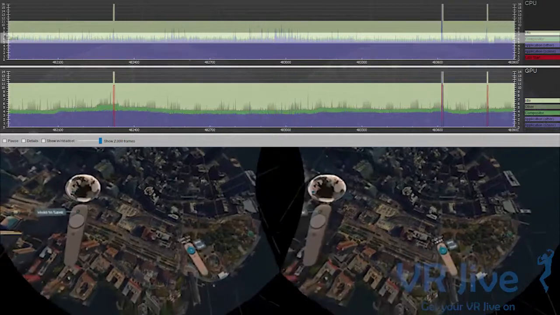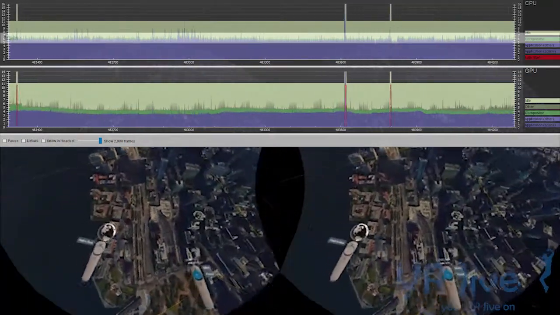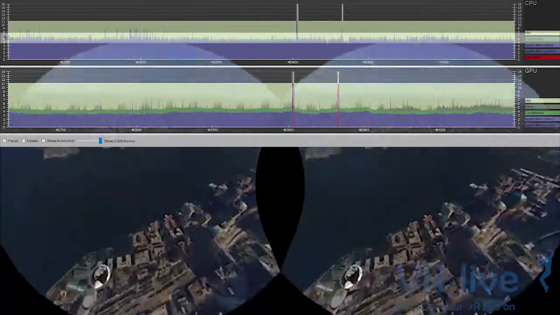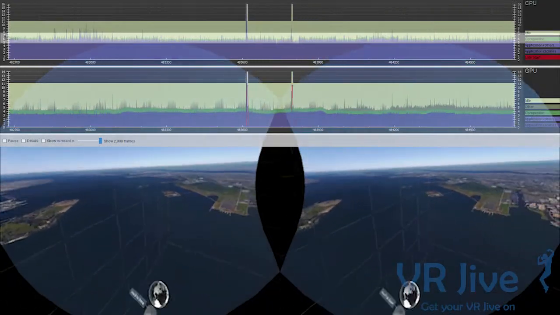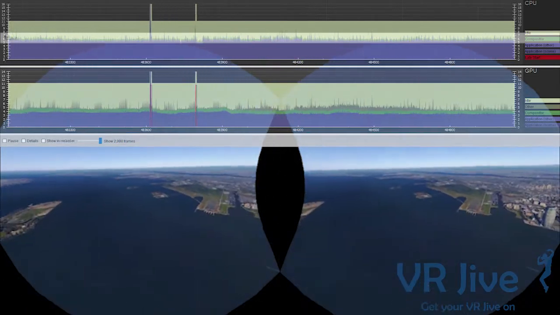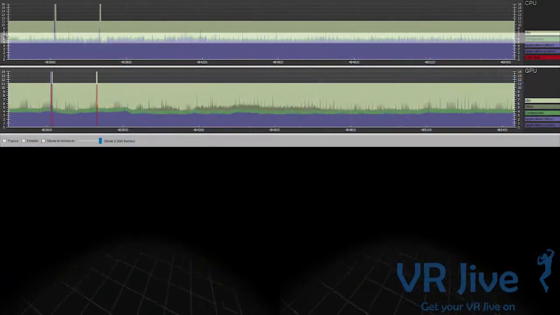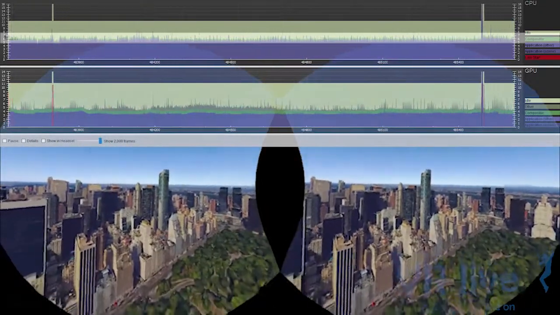It's a very cool app, and I've played around with it for an hour or so now, and it ran extremely smooth. There was actually no stage in my experience where it seemed to be running slow. There were no dropped frames. Dropped frames never appeared in my headset when I was using Google Earth, exploring everywhere, not just in the demo